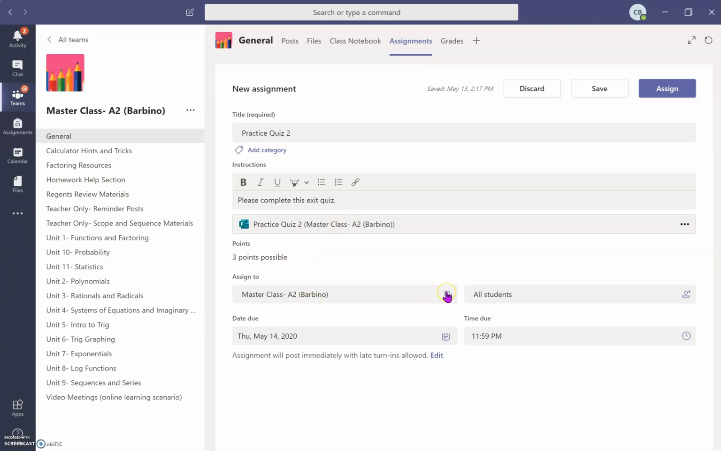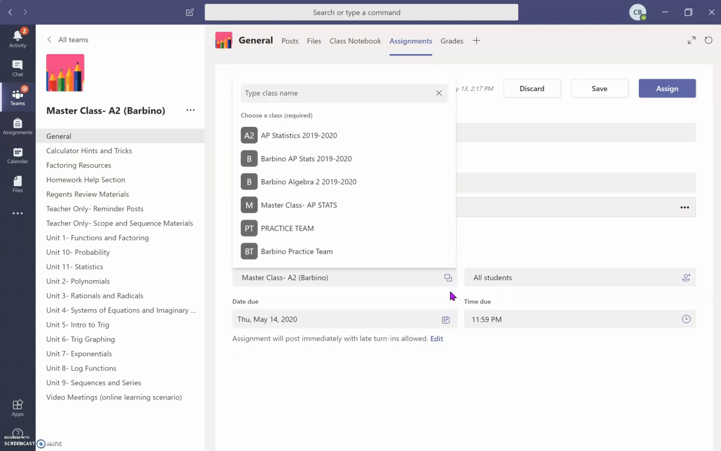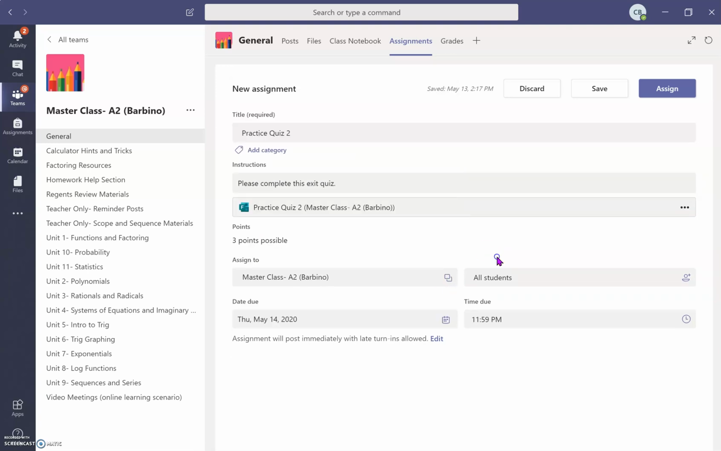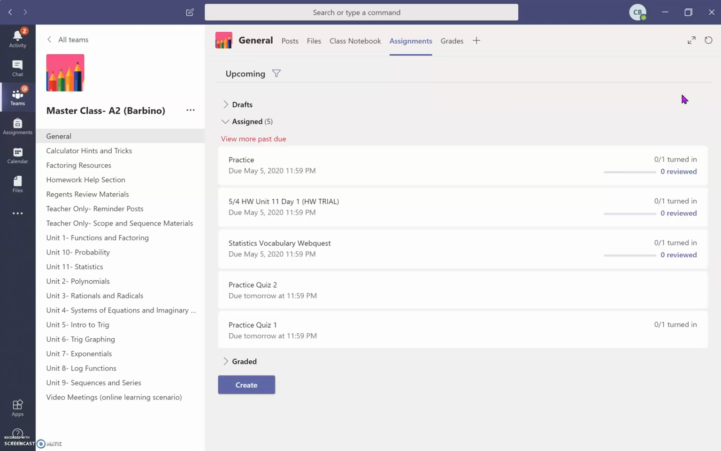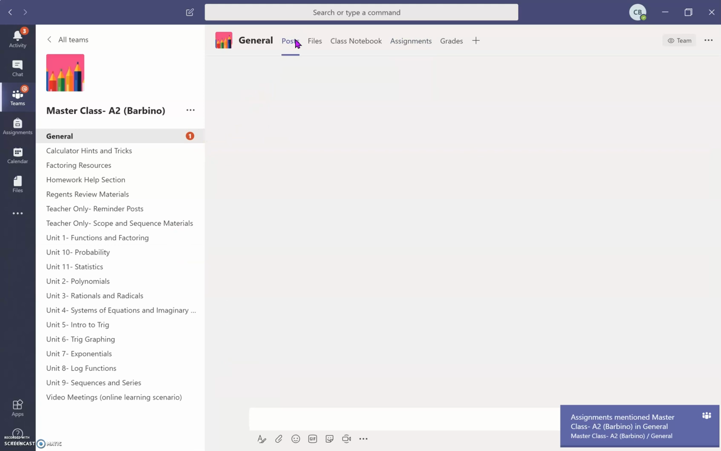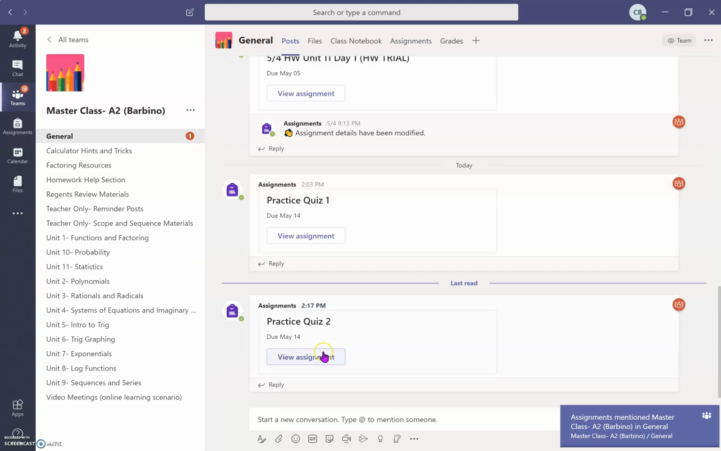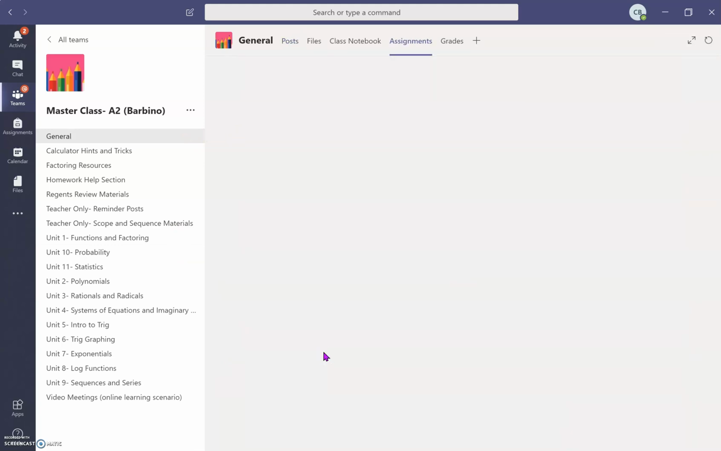I can choose what teams I want to send it to. If you're doing from your master class to multiple classes, you can obviously edit. I'm going to click assign. It's going to show up here. Practice quiz 2. It just came up here, so if I go back to my posts under general, it's going to show up. I can click view assignment,